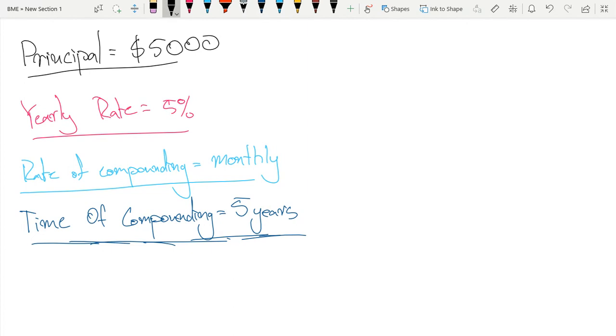Well, we would know that we start off with 5,000. And now this number is going to be multiplied by our monthly increase in value. So to calculate that, we can do this. We know that we have a yearly rate of 5%. So this would mean that we have 100%. We keep our principal amount. We also gain 5% on that principal amount. So 100% plus 5%. But if it compounds every month, this 5% would be divided by